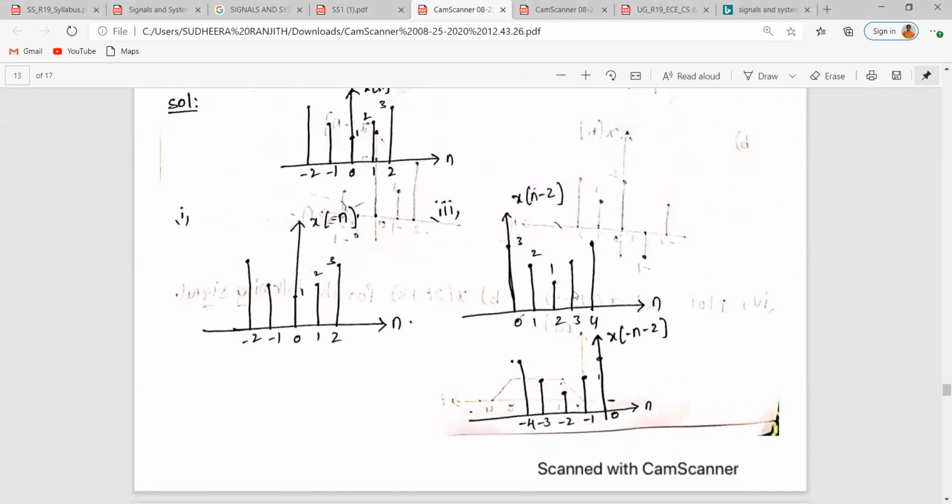And now take the time reversal. To take the time reversal, what did I say? Multiply the entire time axis by the factor -1. Then multiplying by -1, what will the new range be? The new range will be defined from -4 to 0, isn't it? So now this is how the signal looks like.